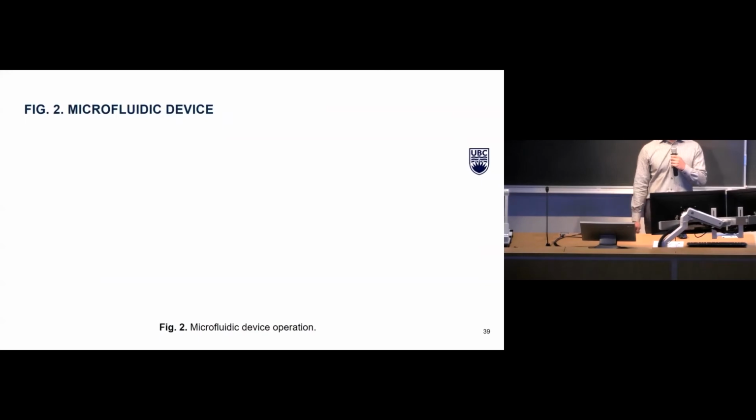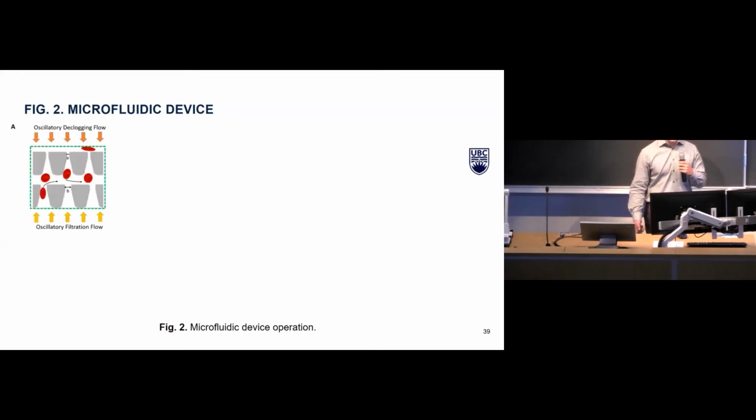A previous PhD student in our lab developed this microfluidic ratchet sorting device, and red blood cells are passed through the device to assess their deformability. Seen here in figure A, we have tapered funnel constrictions that allow for unidirectional filtration of red blood cells upward through the constrictions based on their tapered geometry and upward oscillatory flow. Downward oscillatory flow declogs cells that are too rigid to pass through the constrictions, and the constriction width for a row of tapers decreases along the flow path to enable deformability-based cell separation.